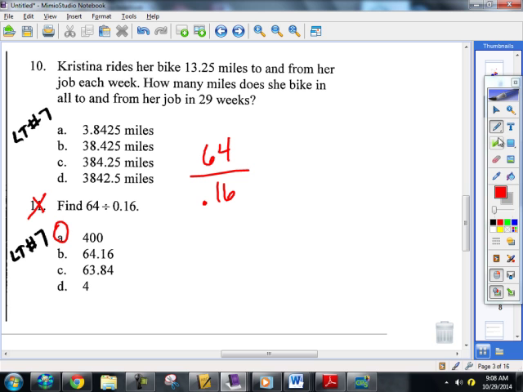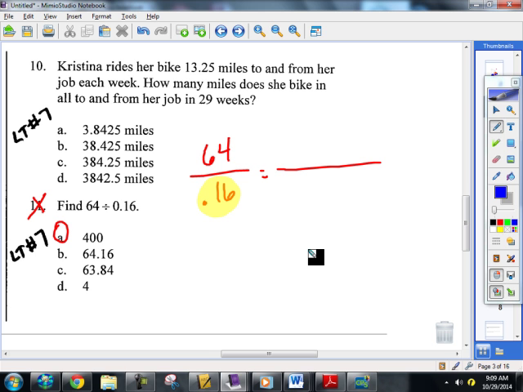Your divisor has to be a whole number. It can't be a partial. It can't be 5.2, 0.98, 0.16. It can't be that, can it? So the first thing that's got to happen is that thing has got to become a whole number. How can I make 0.16 a whole number, Lance? Take away the decimal. So, but I can't just get rid of it because that would